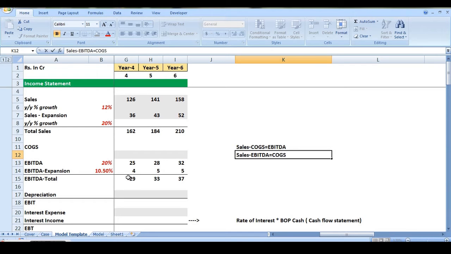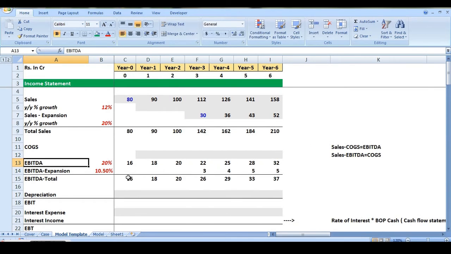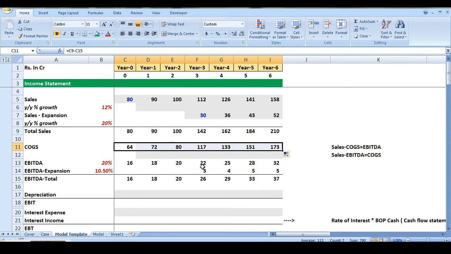So we'll go by this formula and calculate our cost of goods sold as equal to total sales minus total EBITDA. We are not freezing anything because we want to use referencing here or linking here in this way. So we have received our COGS as well.